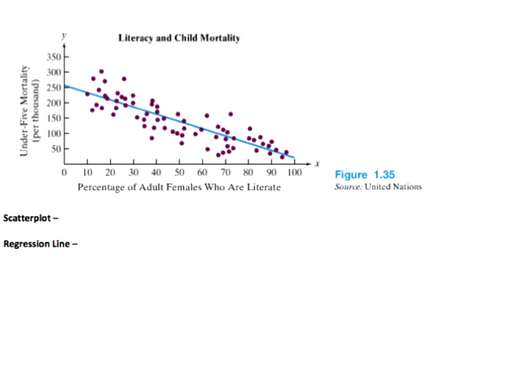So I'll just talk to you a little bit about what you're looking at. You're looking at the data that was gathered. You can see that the data trends downwards. In other words, the higher the percentage of females who are literate, it appears that the lower the child mortality rate is, and we're talking about children under 5 years of age, per 1,000. So not 250 children there at the y-intercept, but 250,000.